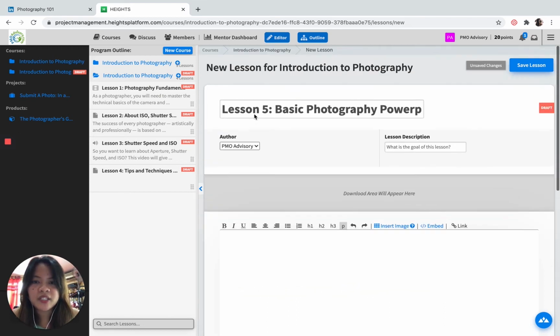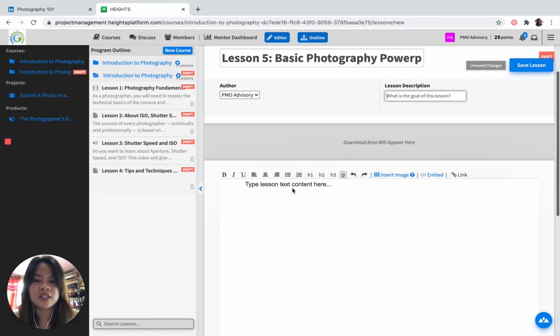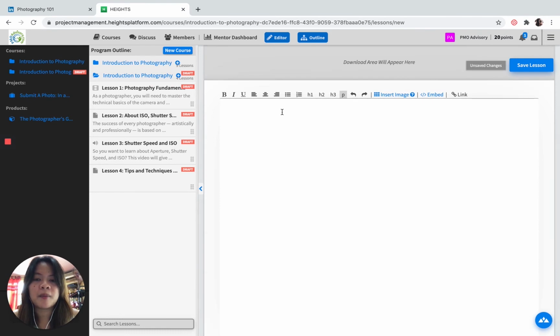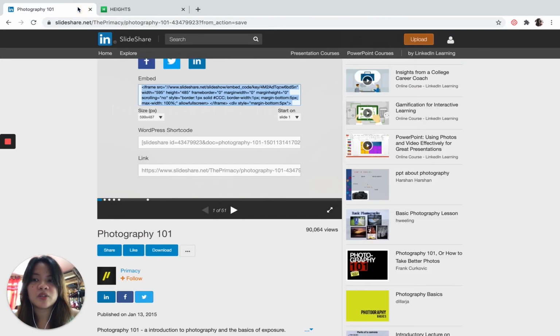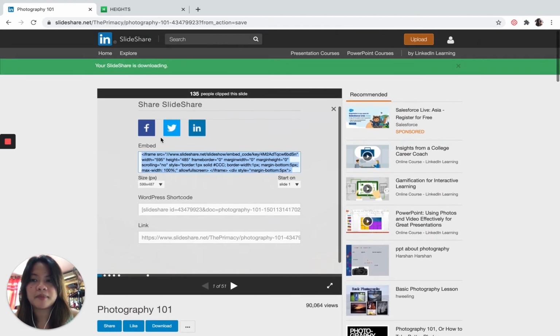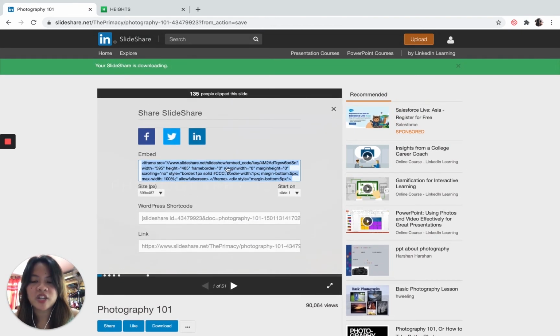So first things first, let's try to input again the title, select the author, and what is your goal for this lesson if you have any. Now, as I have mentioned before, we will be uploading or placing a PowerPoint presentation here in this box. So basically, there's no feature yet that will allow you to upload it directly, but we can embed our PowerPoint presentation here. So for me, I have prepared my PowerPoint in SlideShare, and I just have to copy the embed code,